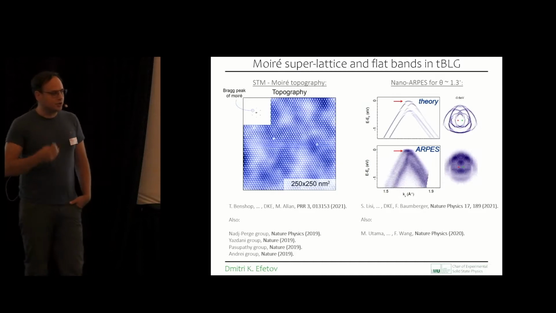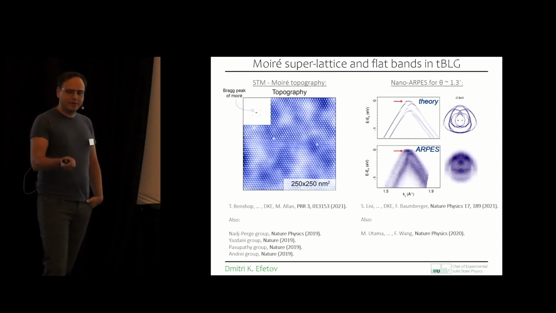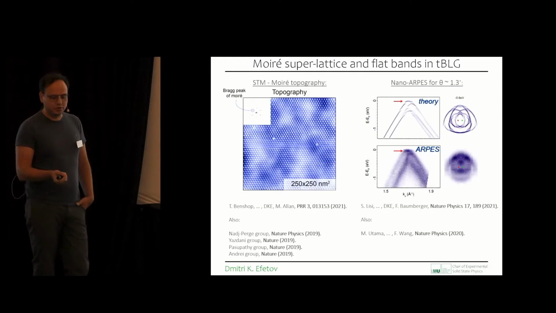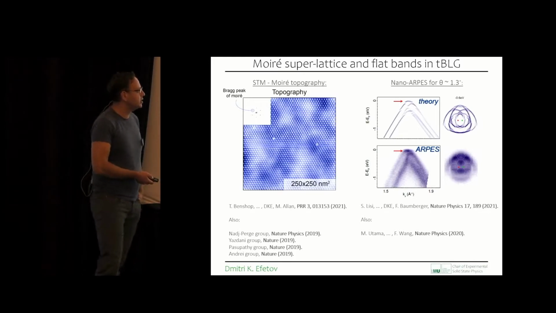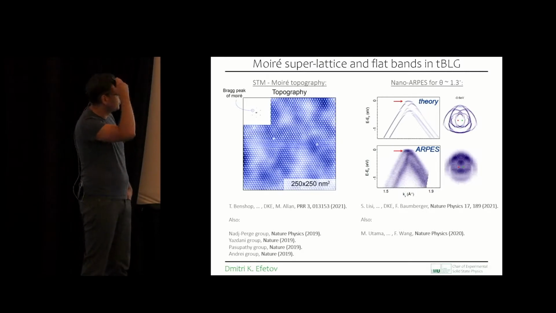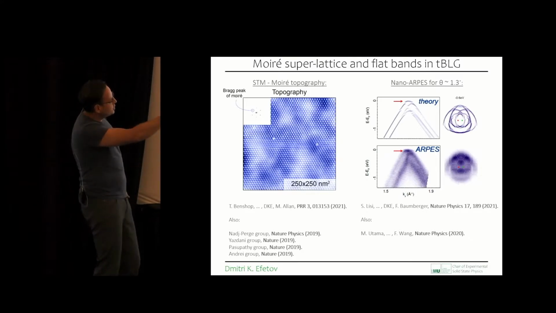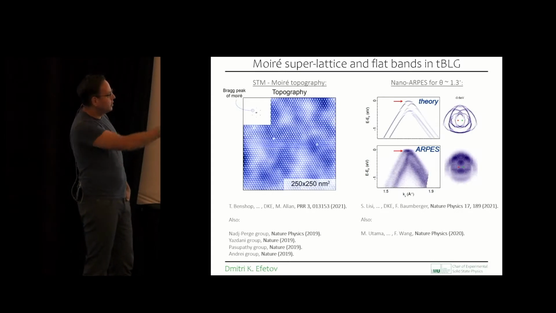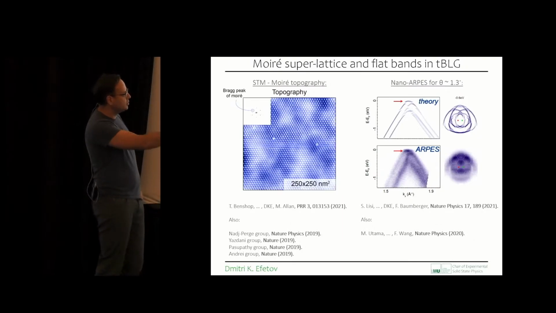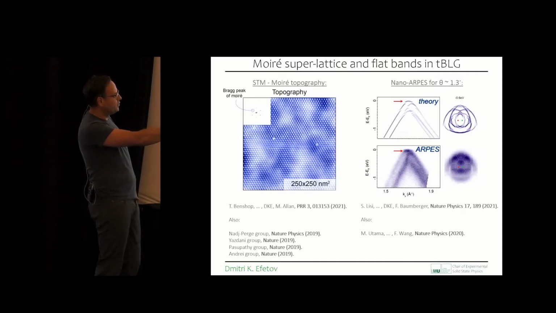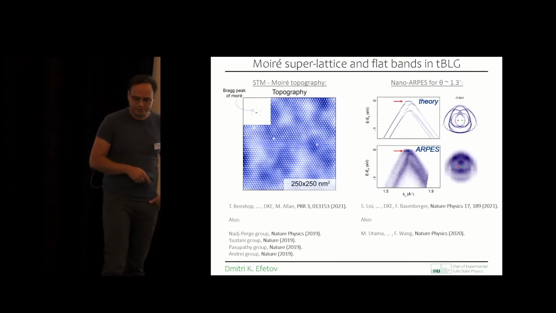And the other thing which is very indicative immediately, so we can measure the band structure of materials with angle-resolved photoemission spectroscopy. So this is typical ARPES data that we had obtained with the group of Felix Baumberger in Geneva. So really, this is the theoretical band structure of twisted bilayer graphene. So these are literally the flat bands which I showed you before. These are the band gaps which develop in the band structure. And really, ARPES is able to observe these flat bands, and it was also able to reveal the band foldings in the Fermi surface.